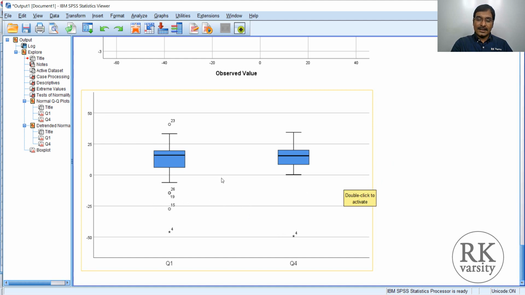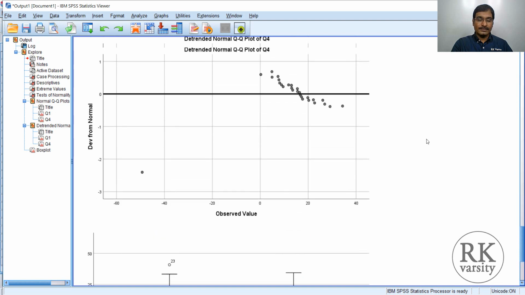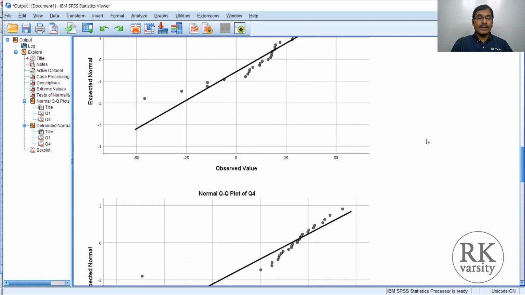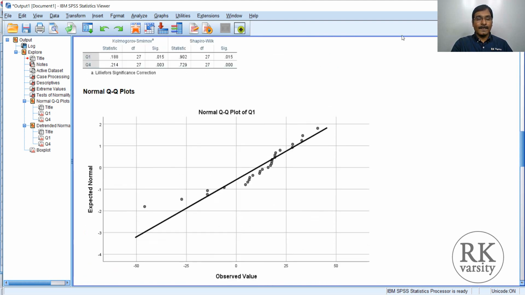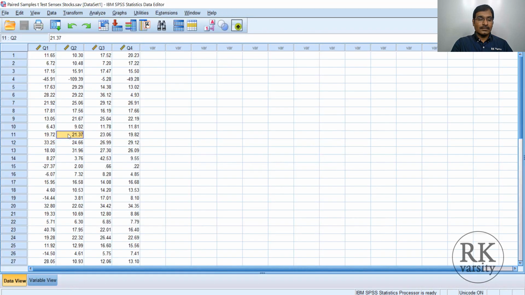So as such, with this data, you will not be able to run the paired sample t-test because there are outliers and the data is also not normally distributed. Now what you need to do is weed out the outliers, then transform your data so that your normality assumptions are met. So with this format of data, we will not be able to run the paired sample t-test. So I am making corrections to this, and now here is the data